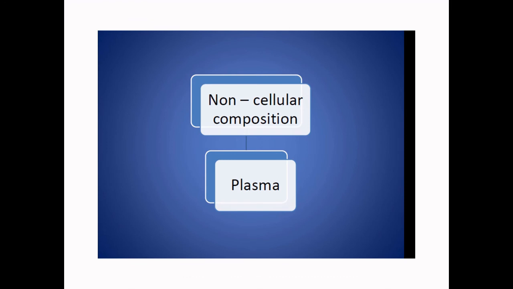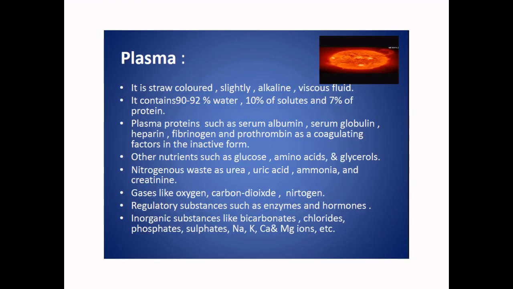Non-cellular composition, that is plasma, which is the fluid part of the blood. The plasma is a straw-colored, slightly alkaline, viscous fluid. It contains 90 to 92% water, 10% solutes and 7% protein. The plasma proteins comprise albumins, known as serum albumin, serum globulin, heparin, fibrinogen, and prothrombin as a coagulating factor